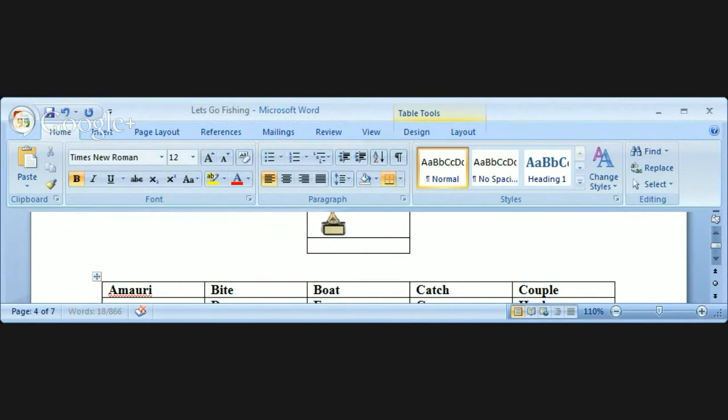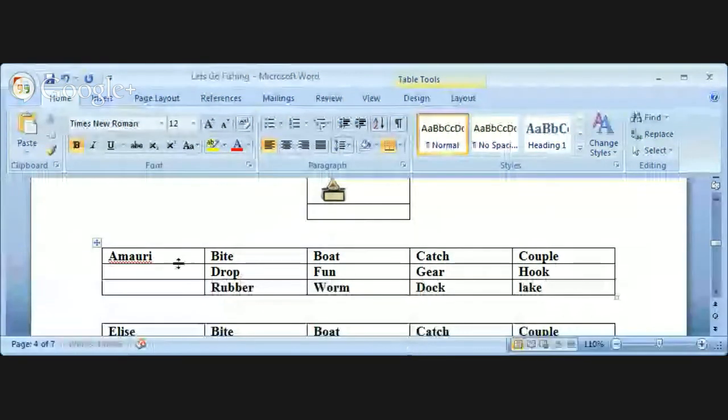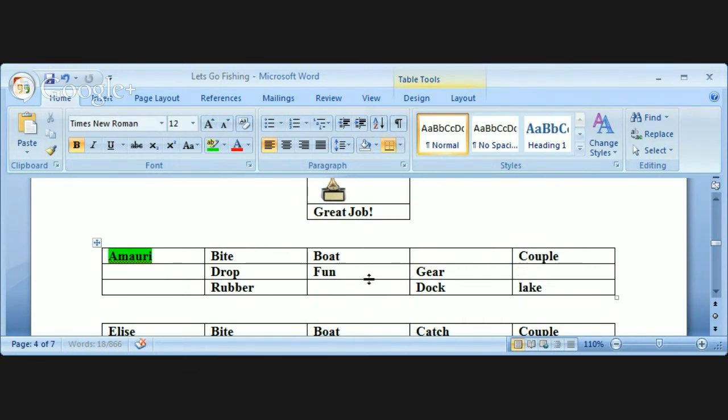Okay, Amari, it's your turn. Yes, I can see. Okay. I am going fishing. And I catch live worms and put it in my hook, and I throw in the lake,